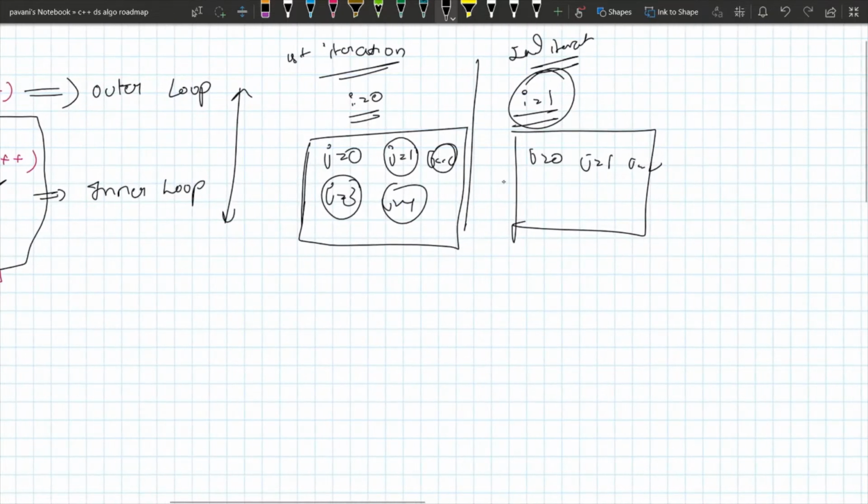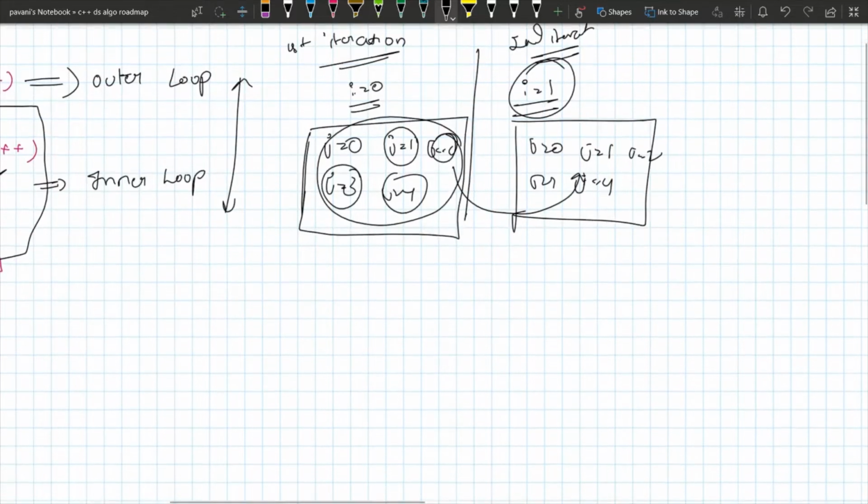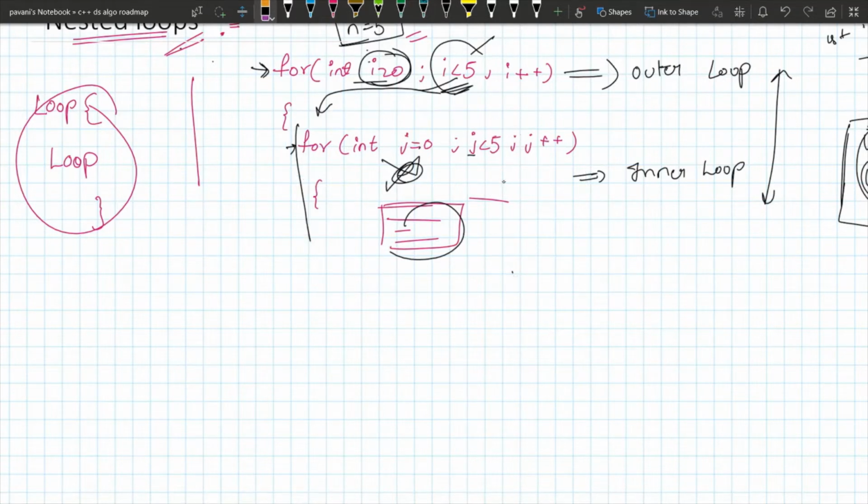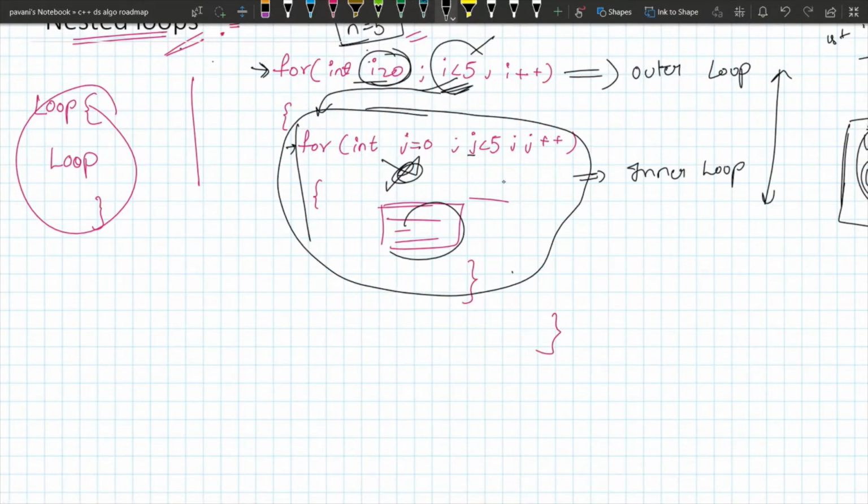And j equal to 2, j equal to 3, j equal to 4, these same iterations are repeated here. Now after repeating the same iterations, the cursor exits this inner loop.